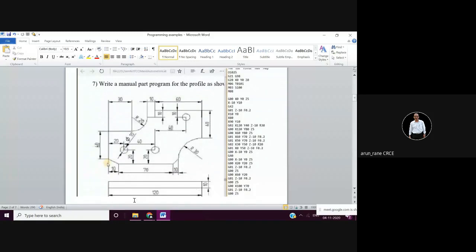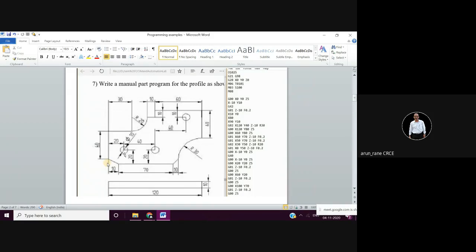Again here we are assuming that the workpiece is kept on a parallel block. The parallel block is not protruding out of this boundary. The parallel block is not exactly below the drilled hole either, because if the parallel block is protruding out, then when you are doing external milling, it is going to cut the parallel block. If it happens to come below the holes, then the drill is going to crash.